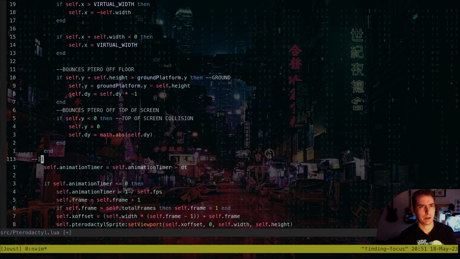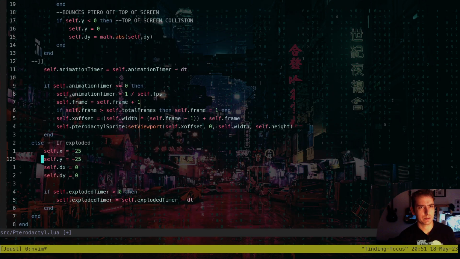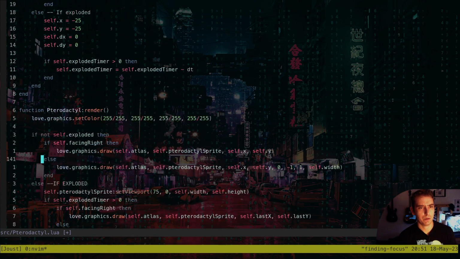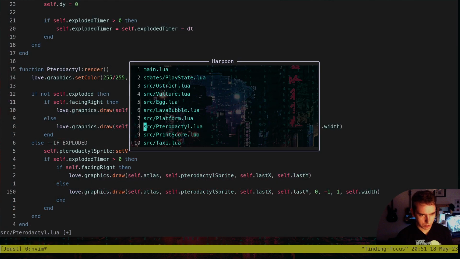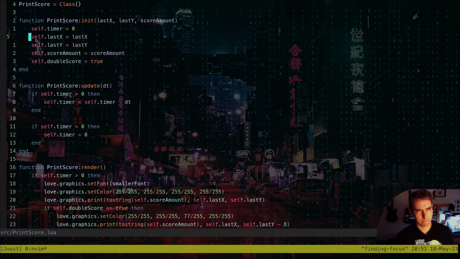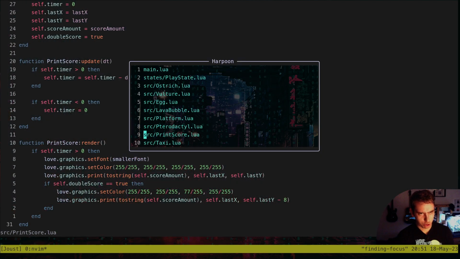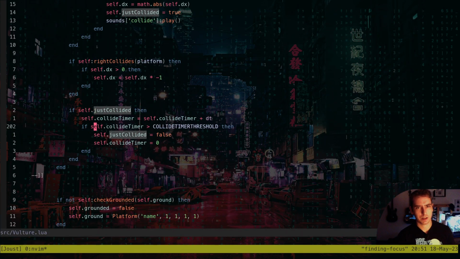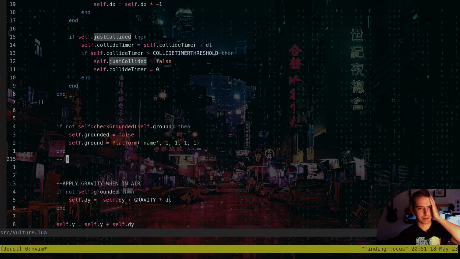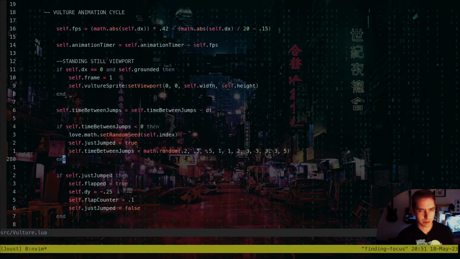Yeah, it bounces the pterodactyl off the floor, bounces it off the top of the screen, and we have our animation timer and exploded timer so that we know what sprites to draw. So yeah, it's not looking too awful. It does kind of feel like a different person programmed this, in the sense that I don't know what stuff like this just collided timer threshold does. I don't know what any of this stuff actually does. I don't think it's actually doing anything,